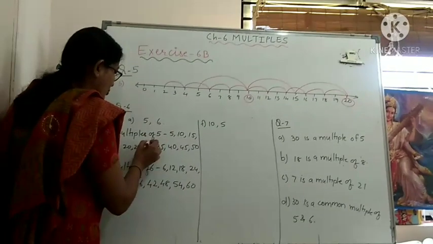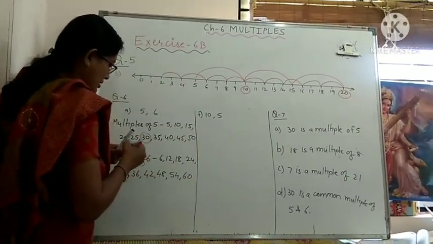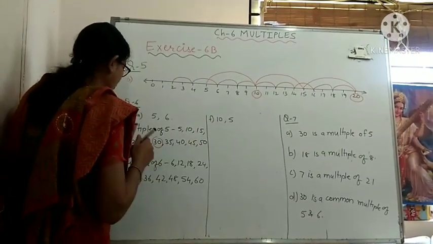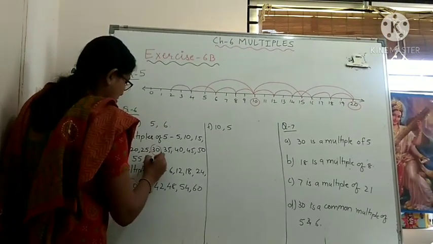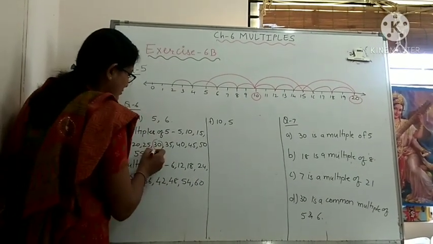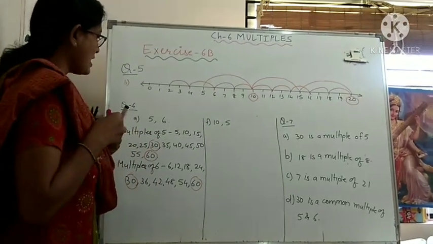Okay, so here I am doing 30 both the ways. Now the next common is not coming. So here it is still 60, here it is still 50. So we will continue with the 5 table, that is 55 and 60. So 60 is coming as a common multiple. So what we will do? Here 60, we will circle it. This is the common. So the first 2 common multiples are these.